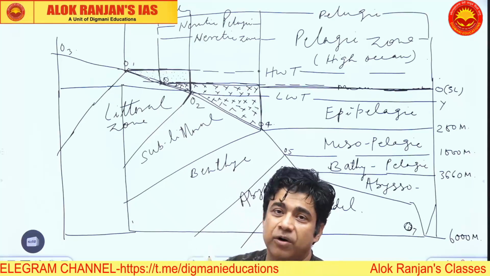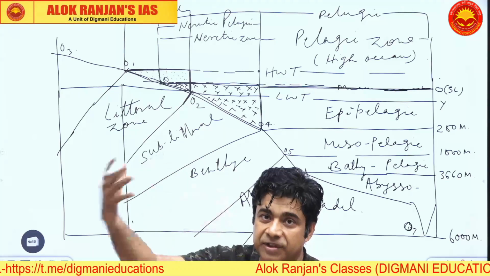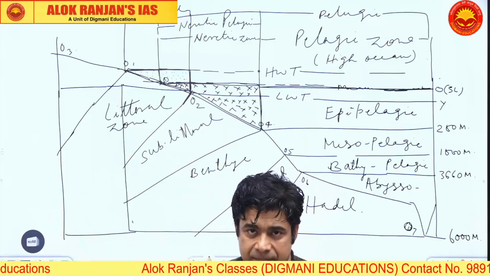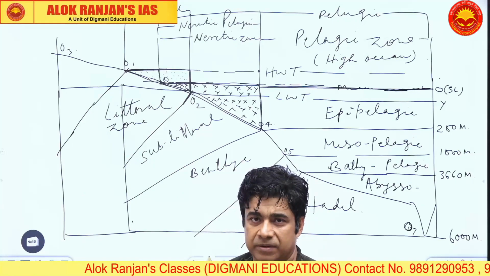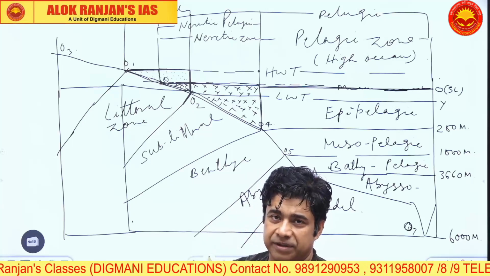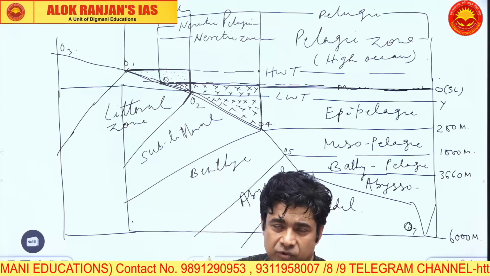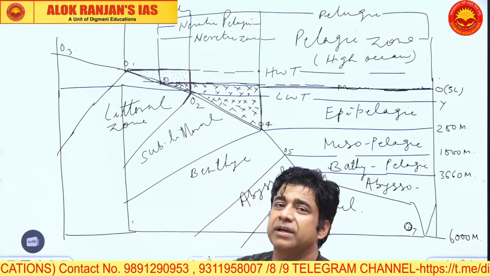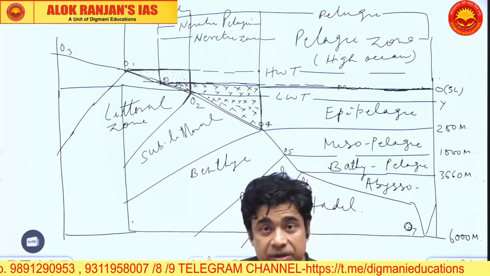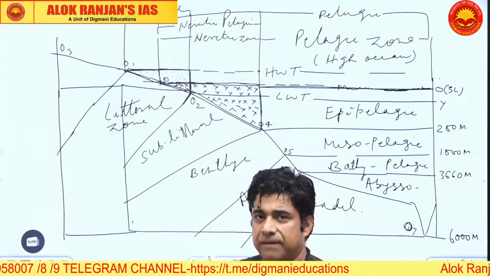And moreover, it doesn't have oxygenation of water because breakers are not there, surfs are not there, the breaking sea waves are not there, which will capture the atmospheric oxygen and mix it with the water. So please understand that the pelagic zone will be a biological desert. The reasons I have given you: despite the fact that it has solar energy, it doesn't have nutrients, and there is also relative absence of oxygenation of the water, because the surfs, a form of sea waves, and the breakers are not there.